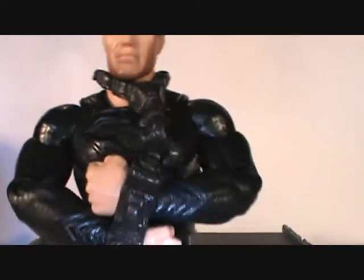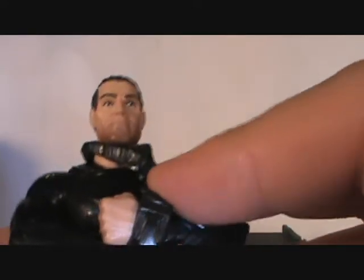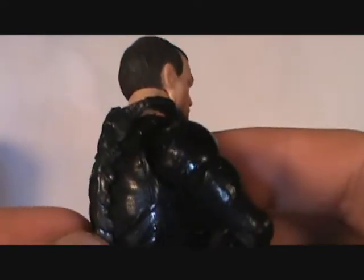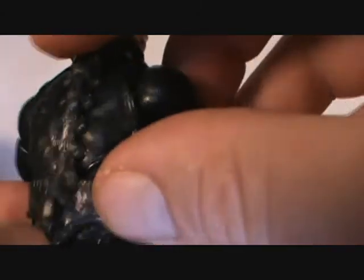Unless you get the black Superman, then we're talking almost two of the exact same figures. I like the shackles. The shackles do come off. I haven't messed with the shackles yet, but there's a little...